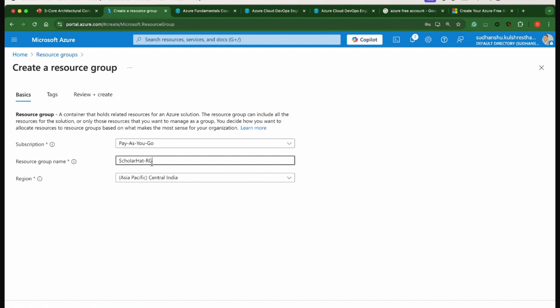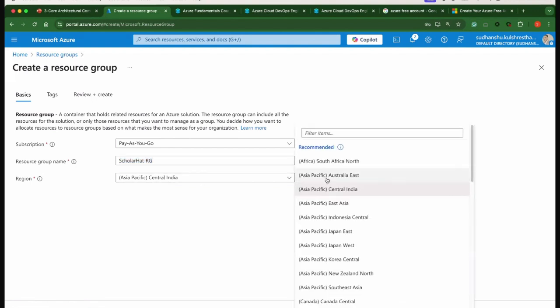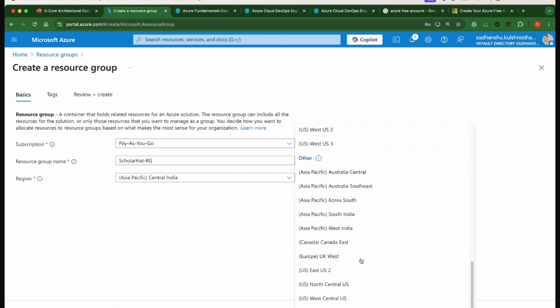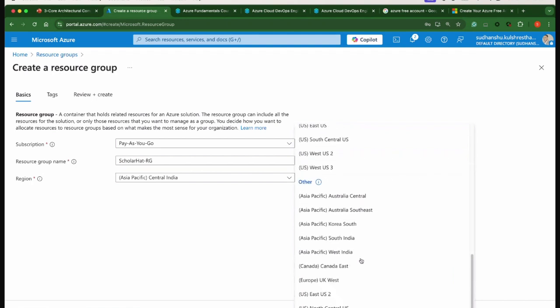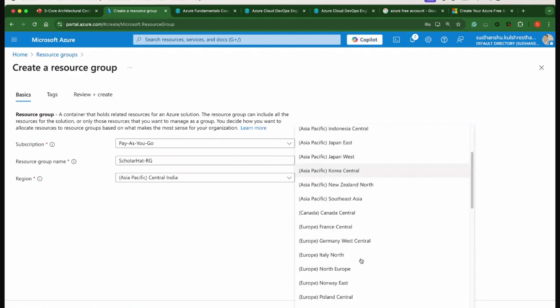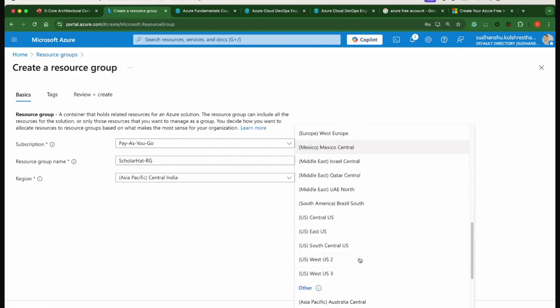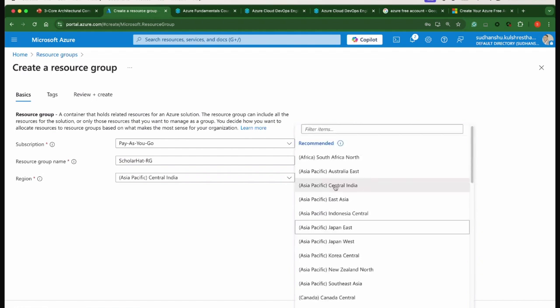I have chosen a name, Scholarhead Resource Group. Region, you can choose any region of your choice from where you are. There is no restriction that you have to choose a region closer to you, but you can click on the drop down to see what are the different regions available. Feel free to be creative. You can choose any region of your choice. Since I'm in India, I'll choose, let's suppose,